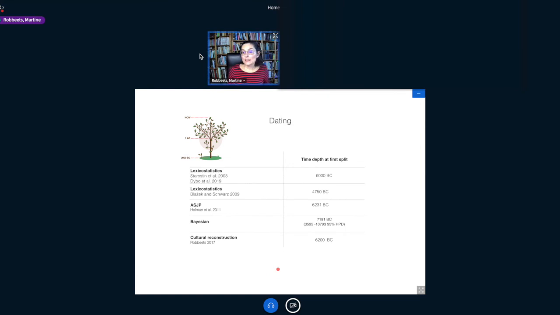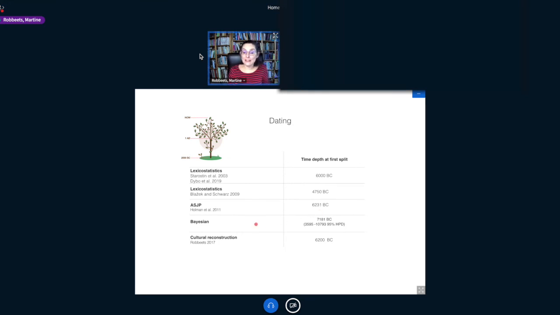So as we said, with such methods also come datings. Using Bayesian methods, for instance, we are able to date every single point, every single node in our language tree. And here I just look at the root of the tree that is at Proto-Trans-Eurasian, the ancestral language, and we find that using lexicostatistic methods, people before proposed 6000 BC. Other people proposed 4750 BC using a similar data set. The Automatic Similarity Judgment Program has proposed